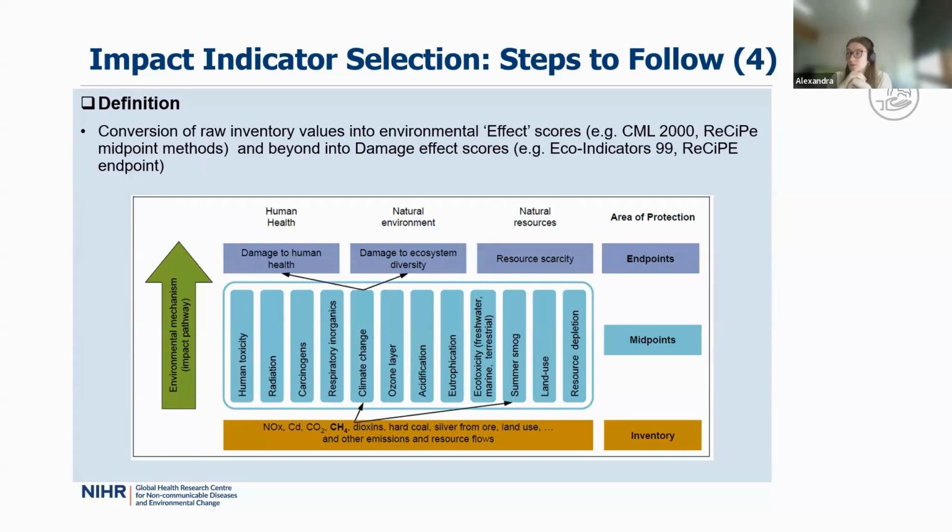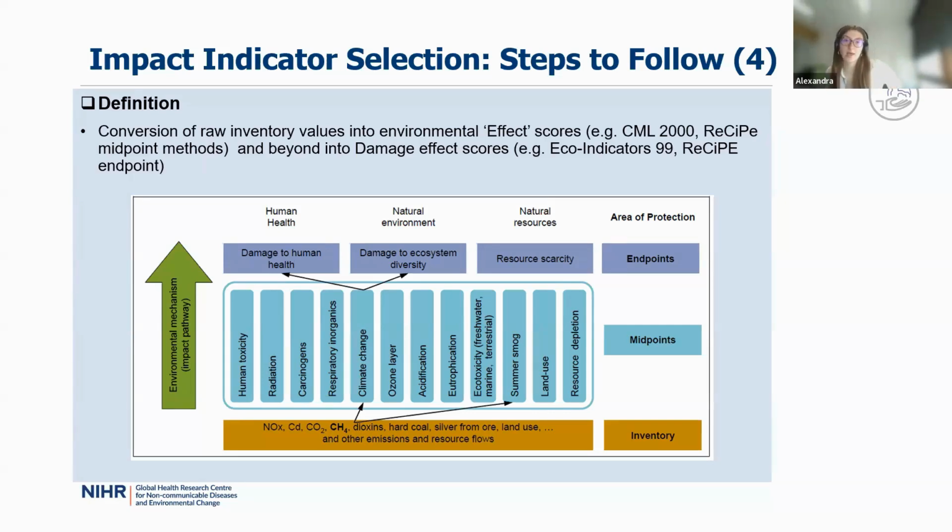Land use or resource depletion. Resource depletion, in this case, we would be referring to fossil fuels, not mineral depletion. So in this case, fossil fuel depletion. Land use could be very interesting. Water consumption is another that would be good. And then terrestrial acidification, just to understand the health of the soil, that could be another good way to understand and to guarantee